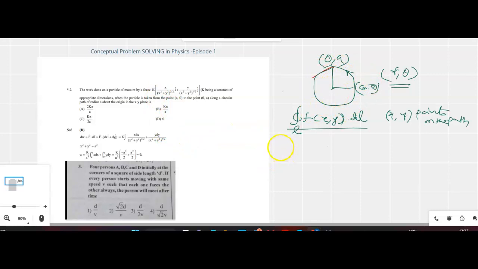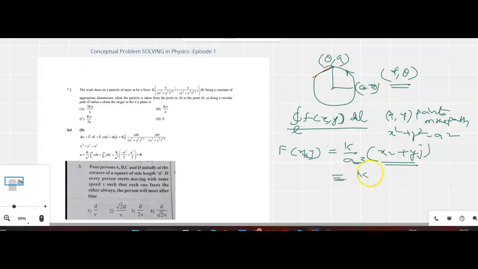When we look at the force, it is going around the circle given by x squared plus y squared equals a squared. When we plug that in, we find the force is nothing but, here we have (x squared plus y squared) to the power 3 by 2, so here we have a cubed. So what we find is k by a cubed times xi plus yj. This is again going on the xi and yj such that they are on this arc. So simply we can write this as